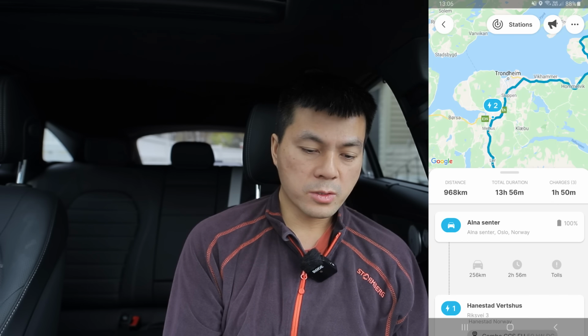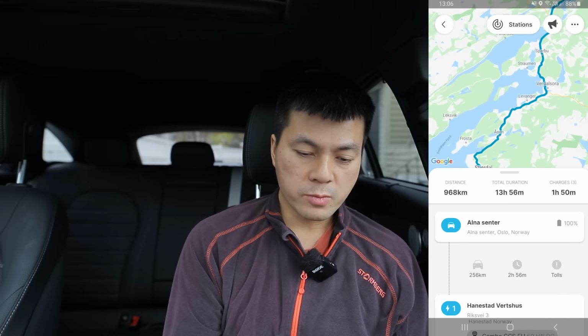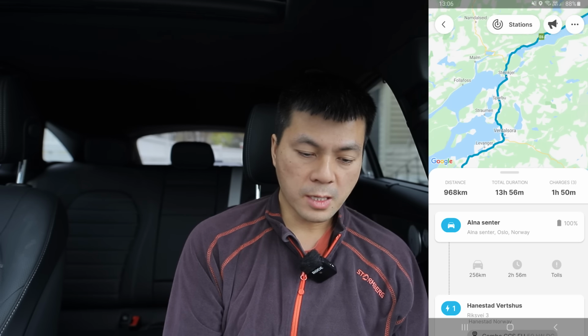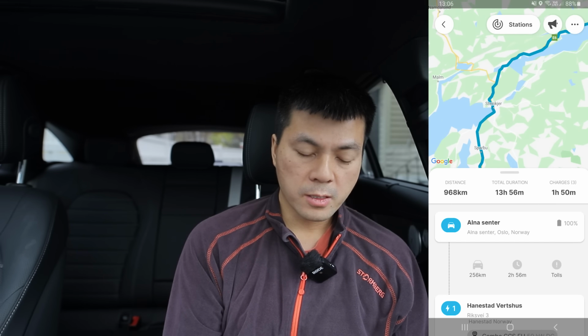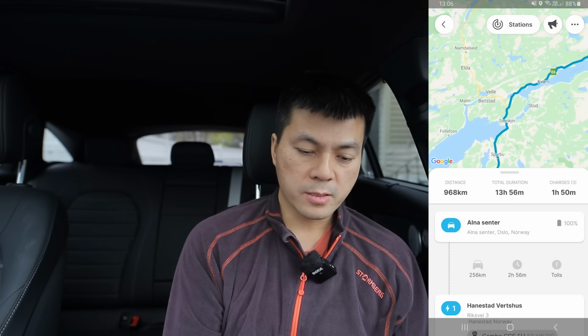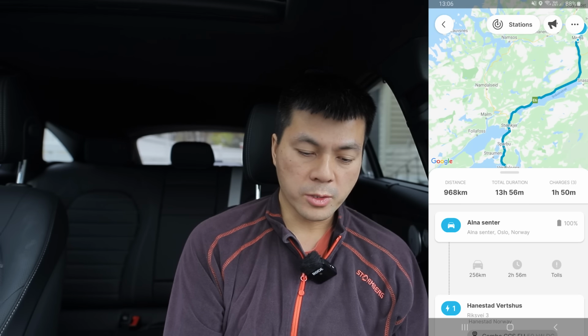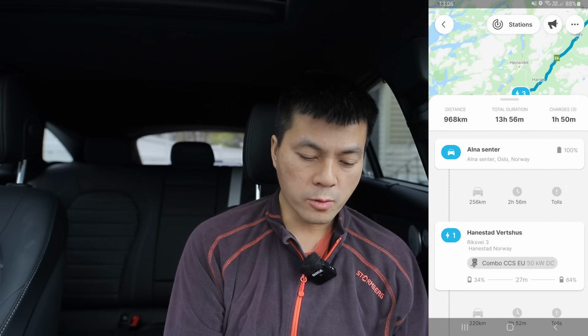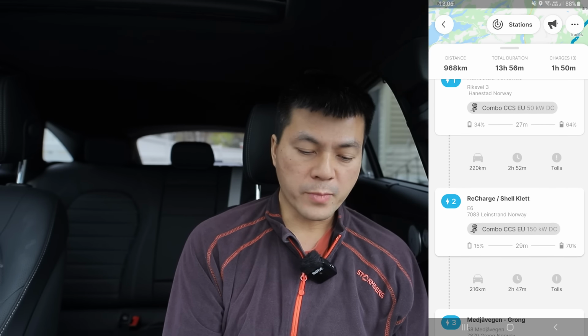Wait, let me just see here. So you see, what it wants me to do is charge there. Okay, fine. But then it wants me to skip Steinkjer. Here we have Steinkjer. The last high power charger is 120 kilometers away. It's actually a good deal to stop there, and you want to pump it up over there. Ride on the high power charger as long as you can. But no, Chargemap wants me to stop at Grong, which is a place I wouldn't stop at